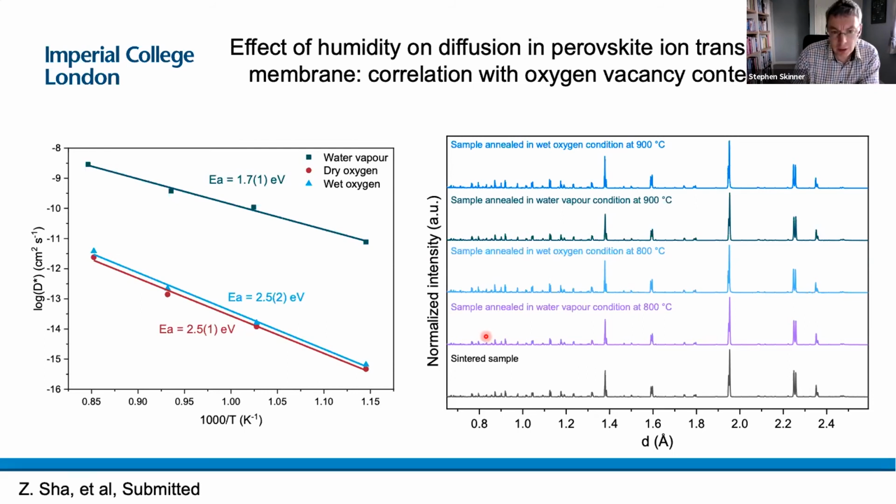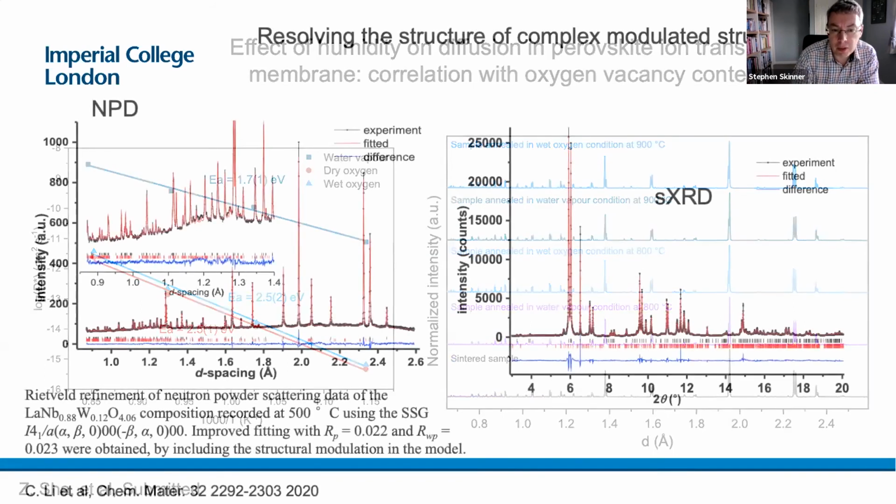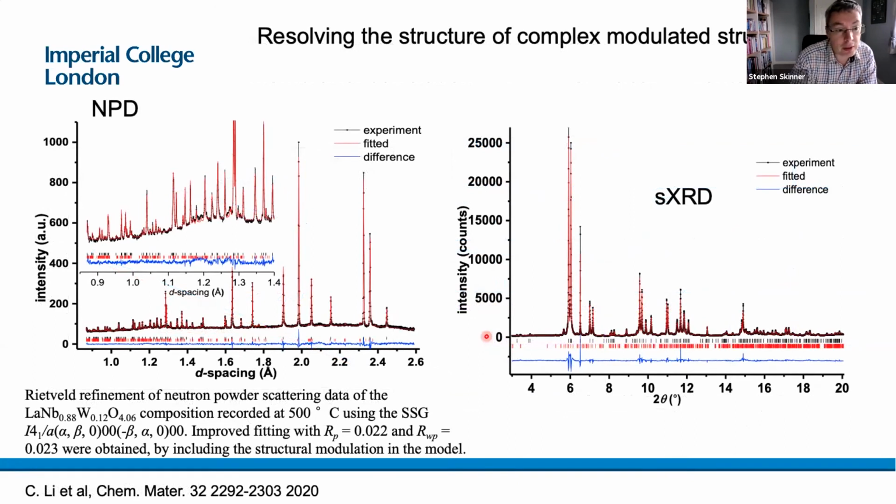And then the further area that would be of interest to us in particular, and to the energy materials community, is increasingly it's apparent that we've looked at very simple structures and very simple systems, three-dimensional ordered systems, whereas actually we can find significant ion transport in particular in increasingly complex systems. And this is some work that we published last year, looking at modulated, both commensurate and incommensurately modulated oxide structures,